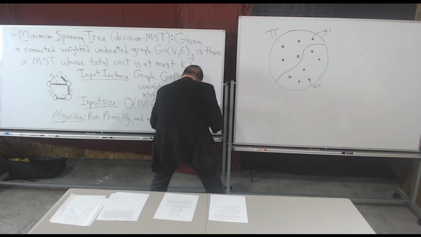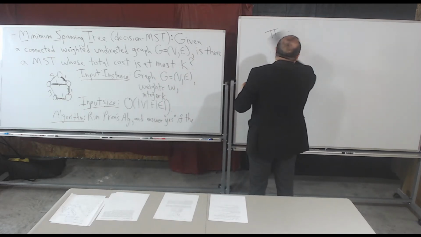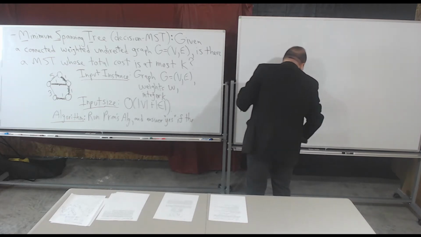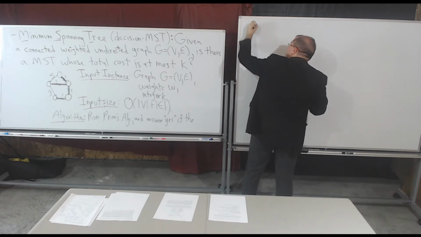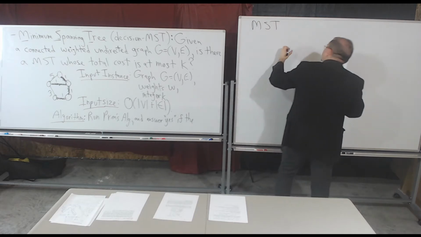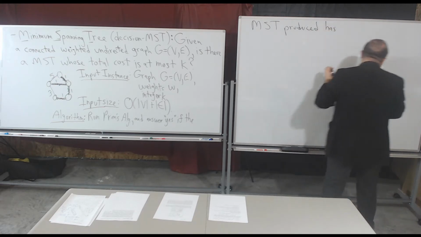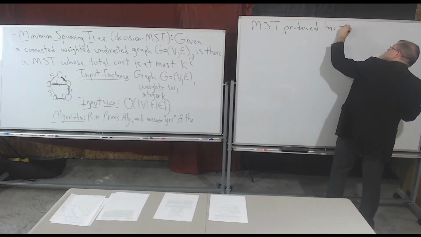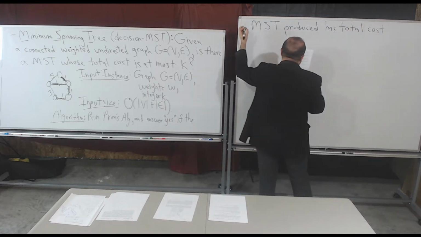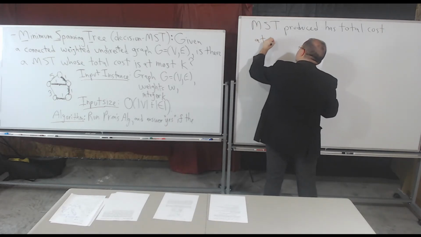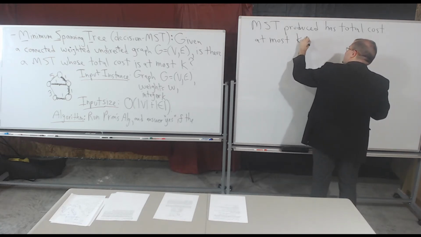And you can just answer yes if the minimum spanning tree produced has total cost at most... guess what it is? It's k. Otherwise,